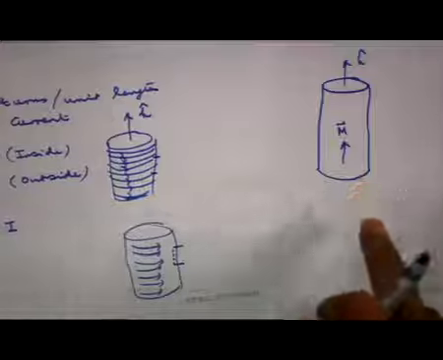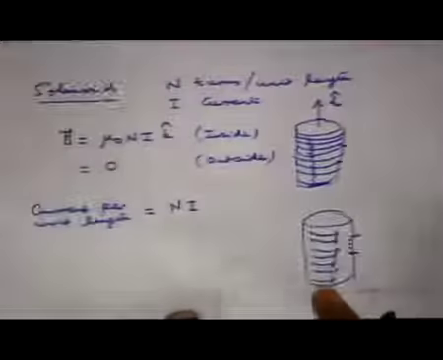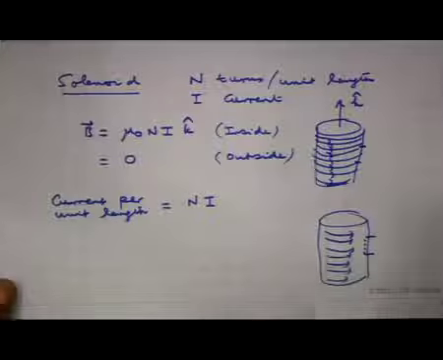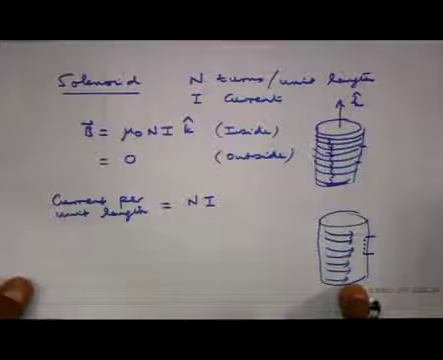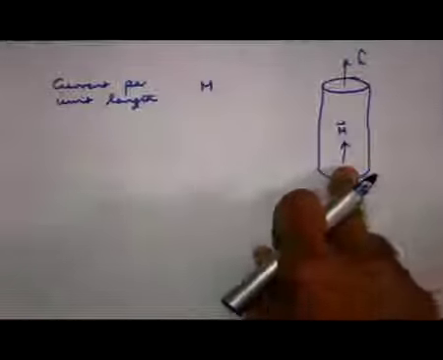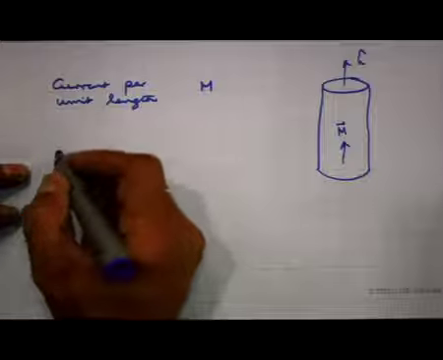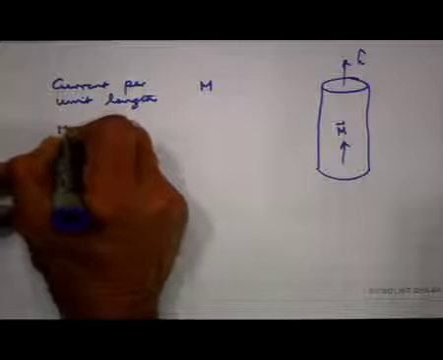A uniformly magnetized cylinder, magnetized parallel to the axis, is equivalent to a solenoid, because both of them have a current passing along the surface. In a solenoid, the current per unit length is n I. In a uniformly magnetized cylinder, the current per unit length is M. So, I can immediately write for the magnetic field